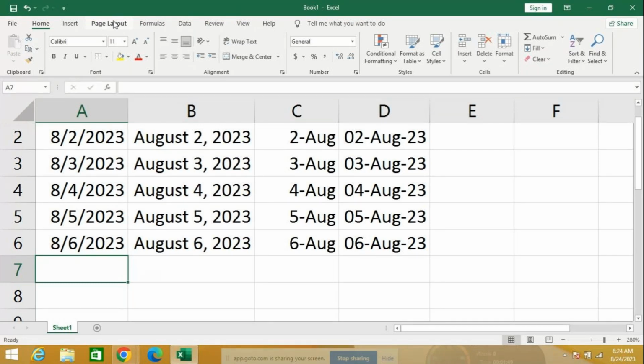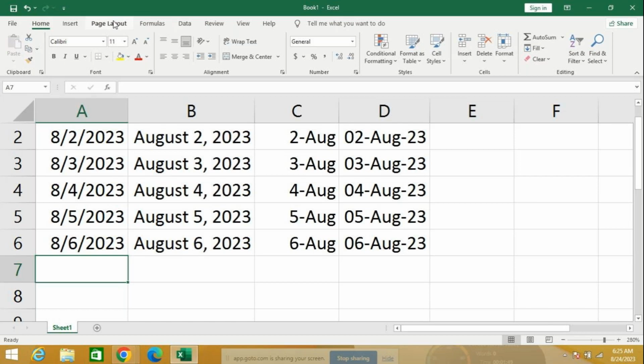Ma'am, in the Home tab, Editing column, AutoSum. So which are the AutoSum functions you have? Sum, you can find the sum of the values. Average, count,